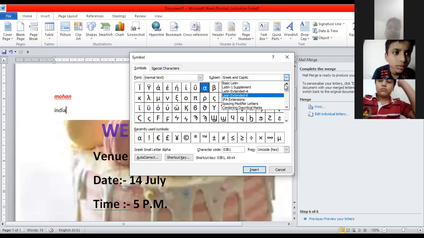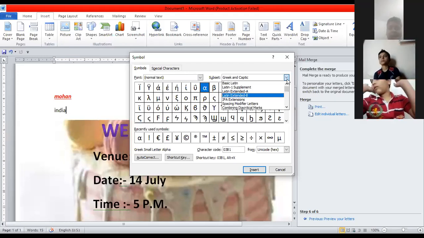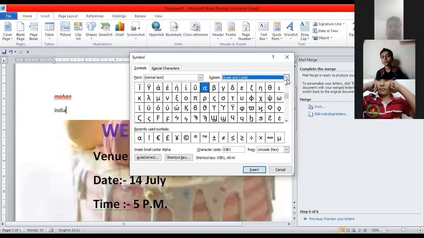Miss, my father told me we can do it on the desktop, but I have not tried. He said that we have to press Shift and Control together, and then press the upper 4, then the rupee sign will be formed. See, I'm telling what your father has said. Just suppose this alpha sign is selected.